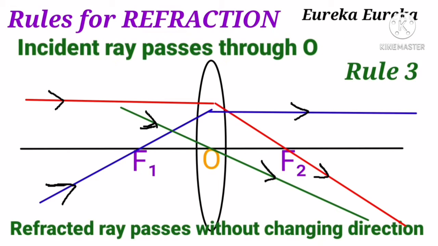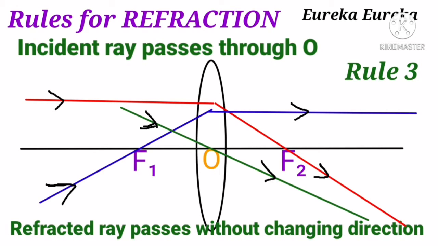And third, when the incident ray passes through the optical center of the lens, it passes without changing its direction. And these three rules of refraction, they are very important for understanding the ray diagrams related to the image formation